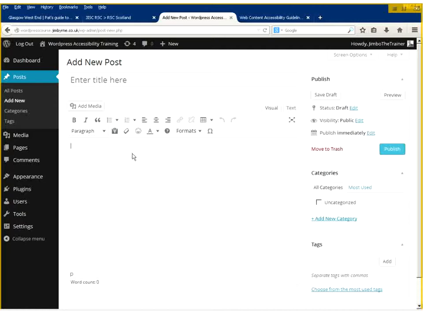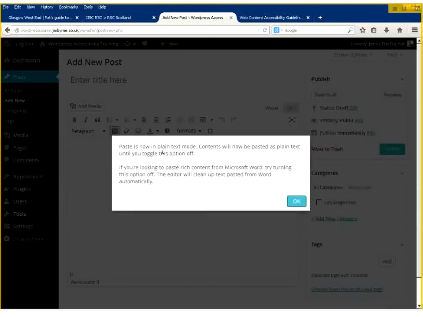And in the past, that really did make a right mess of pages. And this button was much more useful back then because you could click it and say, right, paste in now, plain text mode. What that would do is copy in from your Word and it would only copy the text. It wouldn't copy any formatting, or any of the rubbish that's in the Word document. And then you could format the thing yourself.